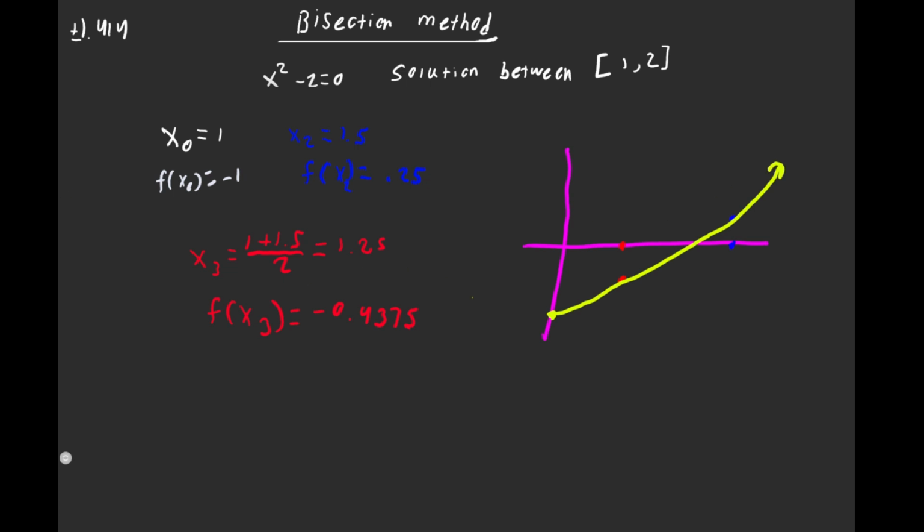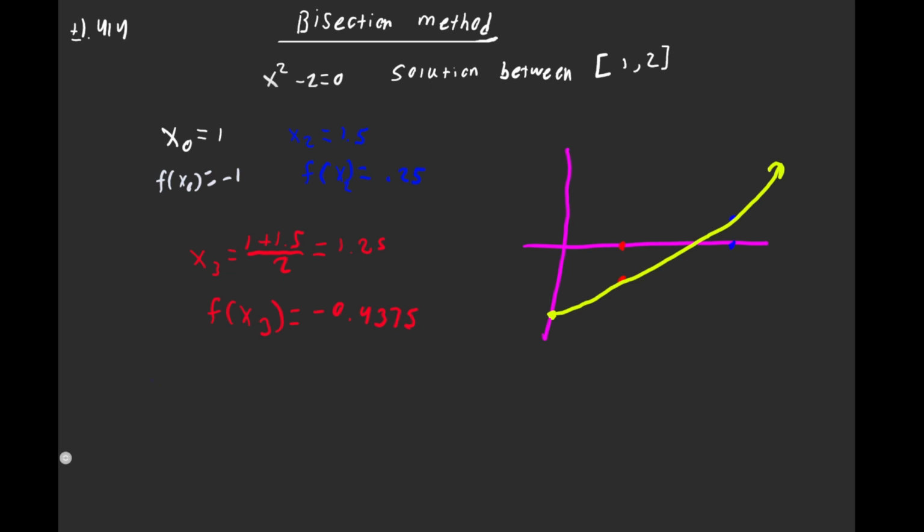So that tells us that our solution is greater than 1.25 but less than 1.5. So here it tells us that we have to use the midpoint formula for 1.5 and 1.25,